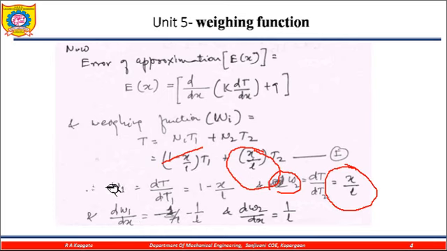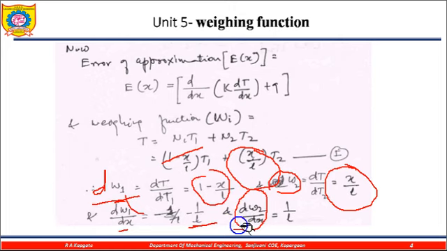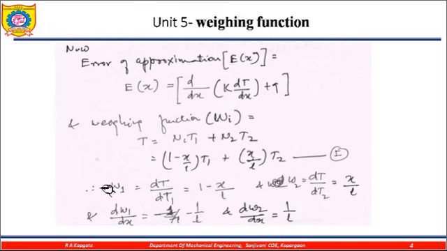Now again, if I am differentiating this one with respect to x, because here the variables x and l are available, so dw1 upon dx is equal to minus 1 upon l, and the differentiation of w2 with respect to x is equal to 1 upon l. When we are differentiating, this one is the 0, now this one is the x and 1 upon l, so this one is to be 1 and 1 upon l remains, but this is negative. So when we are differentiating, you remember the differentiation process from the 12th and later classes.